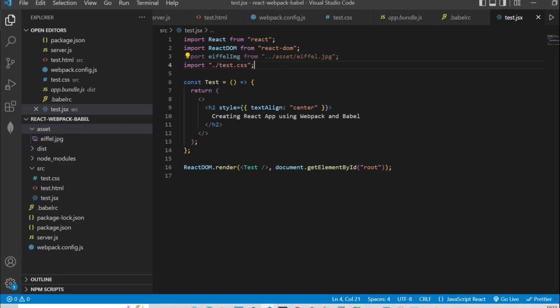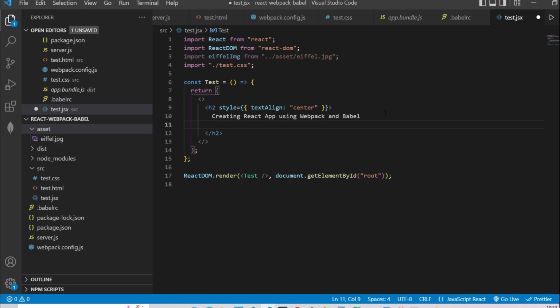Now I'm going to add the image below this heading. So I'm going to use image tag, and inside source I'm going to provide this Eiffel image, and let's give alternate as well. So it is Eiffel only, Eiffel Tower. Now let's save these changes,